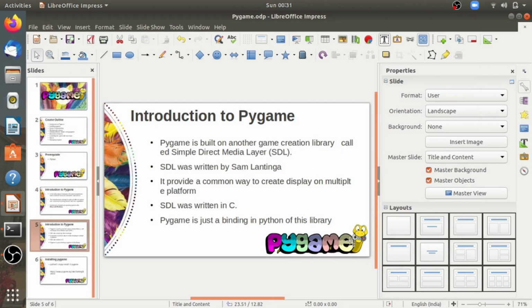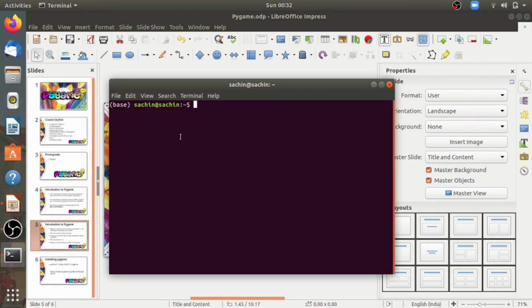So let's install Pygame in our system. I am using the Ubuntu operating system in this course, and I am using Anaconda for a virtual environment. So open the terminal and create a virtual environment.